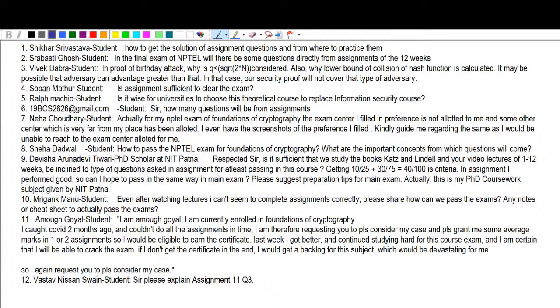So anything which is secure against a sophisticated attacker will always be secure against a lesser sophisticated attacker. So anything which is CCA secure, of course, will be CPA secure, and that will, of course, be COA secure. But just because a scheme is COA secure, that means it provides you security against a very weak adversary. That need not mean it provides you security even against a powerful adversary like a CPA attacker or CCA attacker.